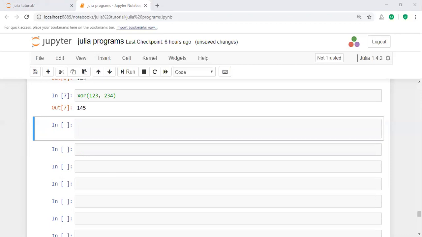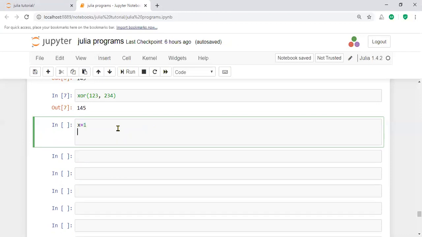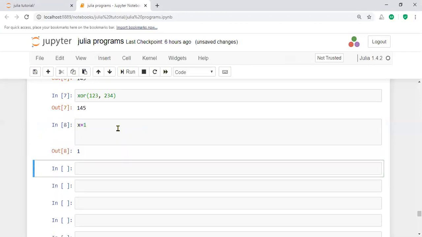Sometimes you assign the x value, for example x equal to 1. If you take the output here, the value is 1. Sometimes you write x equal to x plus 1, or x plus equal to 1.